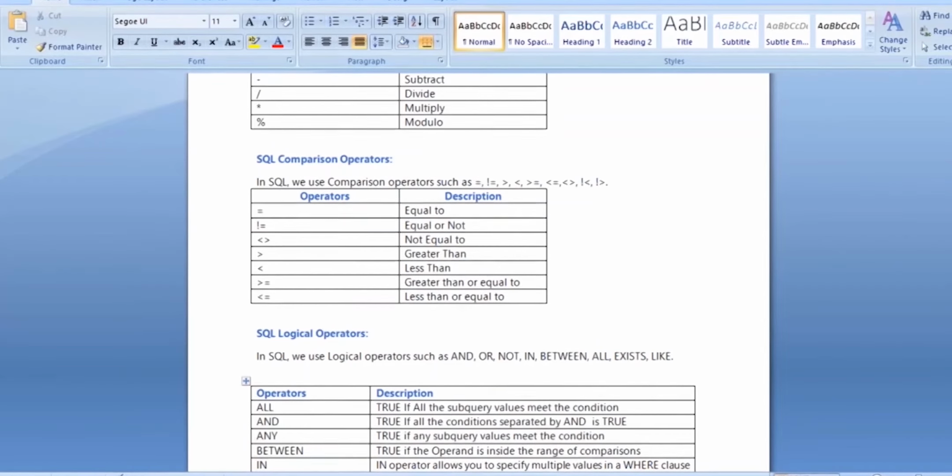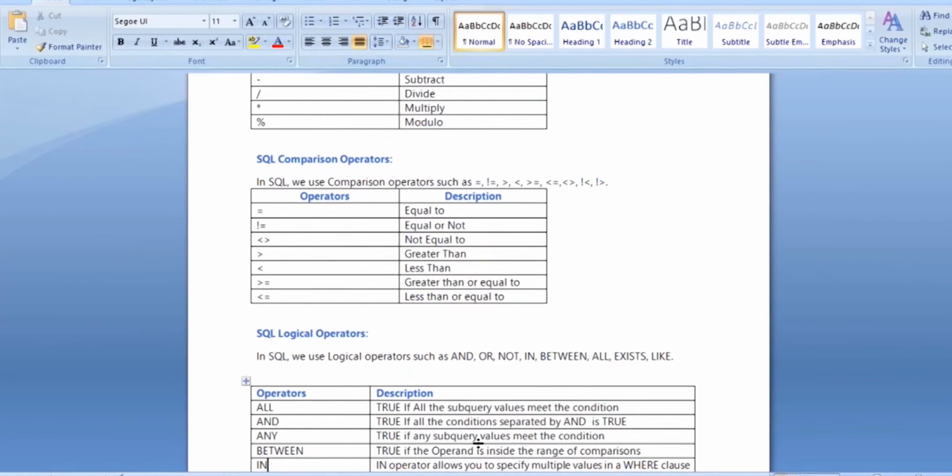We have logical operators like true, false, false, true, true, true, and or operators. If two conditions are true, then these two conditions are satisfied, then display the result. If one condition is false, then it won't provide the result set. For this purpose we can use operators, but mainly arithmetic, comparison and logical operators we can use inside the where clause. After the where clause we can apply these logical operators and comparison operators.